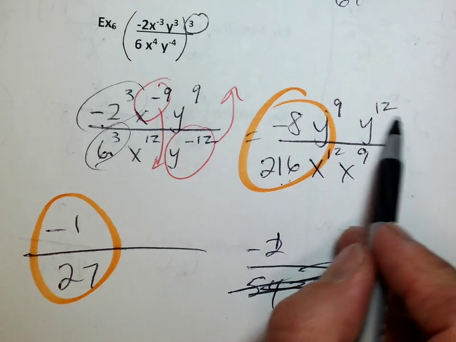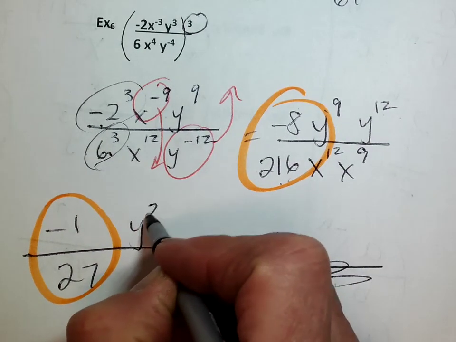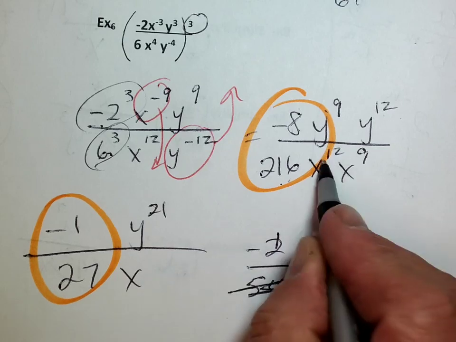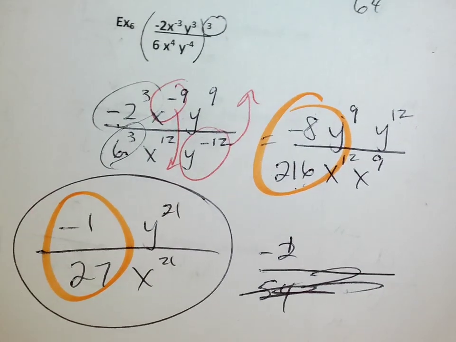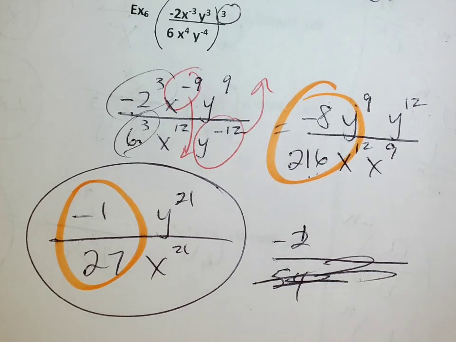And then a y to the 21 over an x to the 21. Wow. That's a decent extra credit type problem, isn't it? Isn't that good? Okay, now